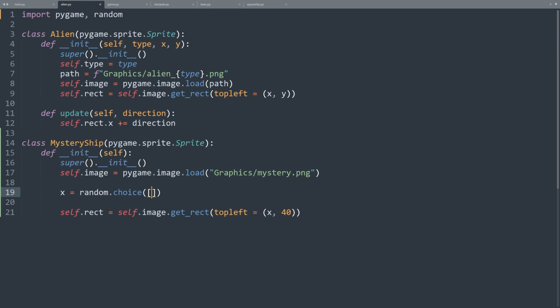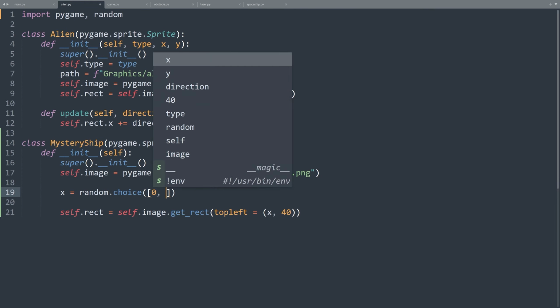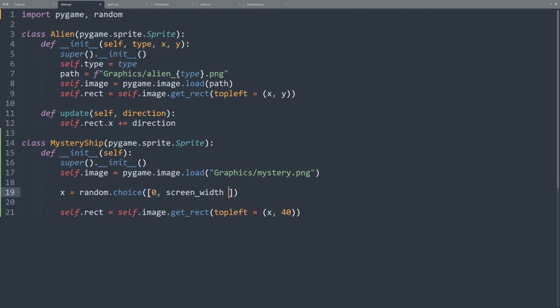As we said before, the choice function returns a random element from a list. So let's enter two elements here: the x position of the top left corner of the mystery ship if it spawns at the left, and the top left corner of it if it spawns at the right. So we enter 0, screen width minus the mystery ship image width.